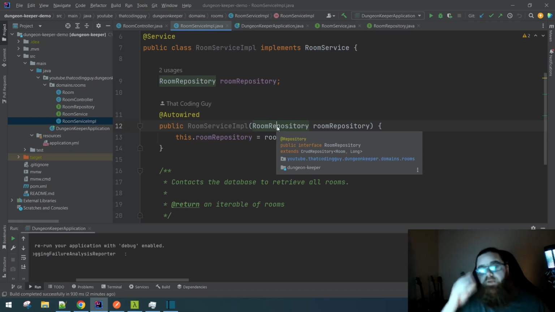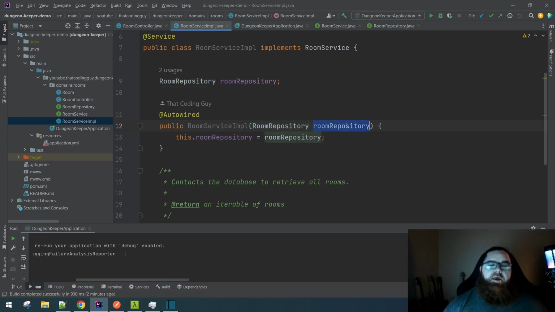And so if I was in a unit test and I wanted to have a mock implementation of my repository, I can create a mock implementation of that repository and pass it into the constructor for the room service impl, and then we automatically can have that injected into our service. So now, instead of using an actual repository, I'm using a mock implementation, and that makes things a lot easier